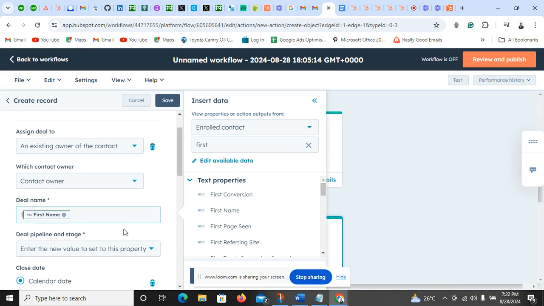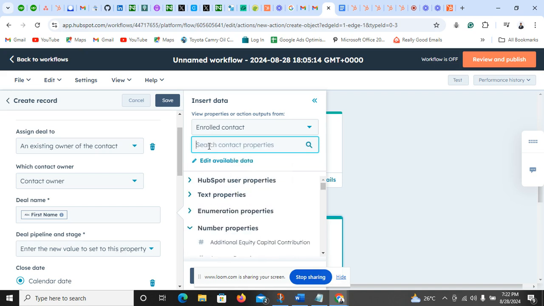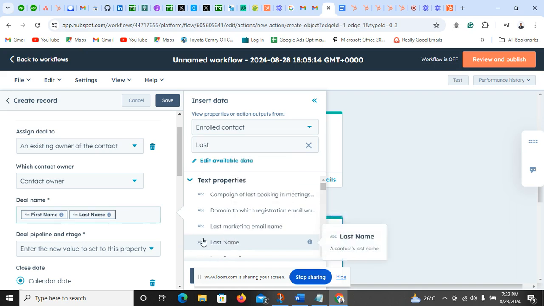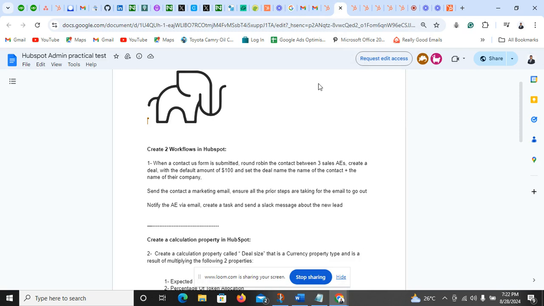Let me just remove that mistake. And then I'll include a space. Then I'll include a last name. The last name personalization property token, and then the other one that was asked was,